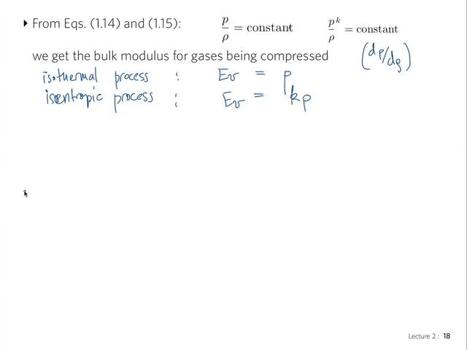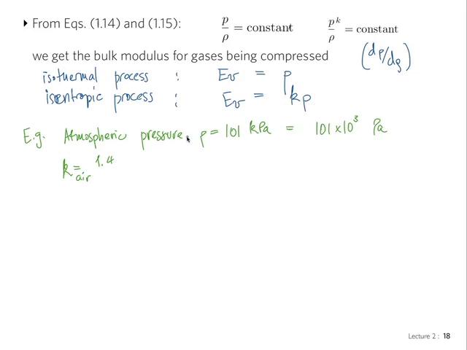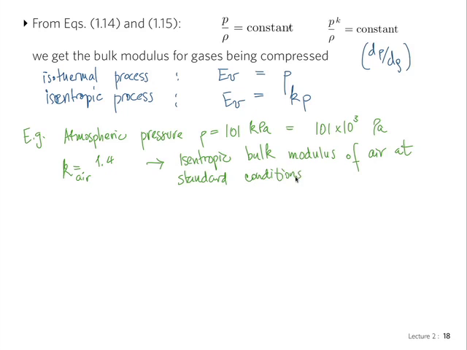So, for example, some numbers for reference. At standard atmospheric pressure of 101 kilopascal, or 101 times 10 to the 3 Pascal, then with the value of the ratio between the specific heats for air, which is 1.4, the isentropic bulk modulus of air at standard conditions is, just multiply those two numbers and we get 141.4